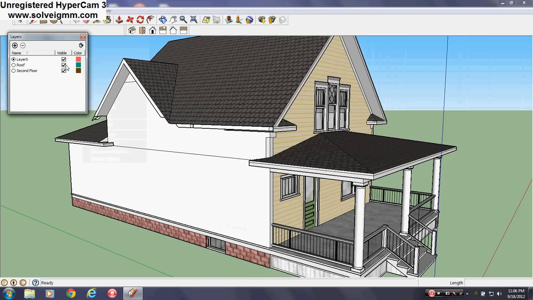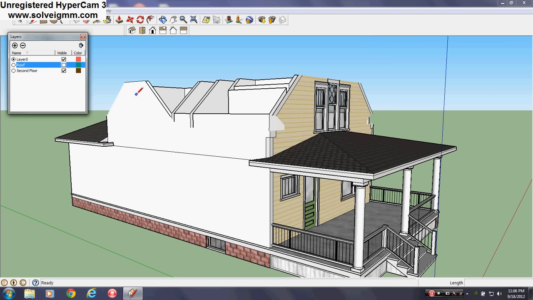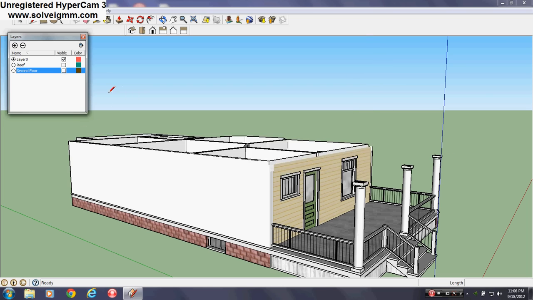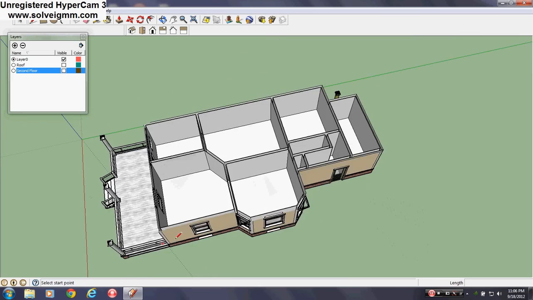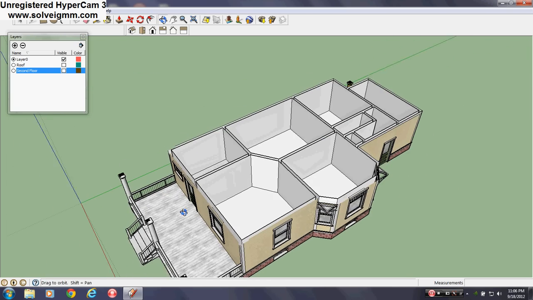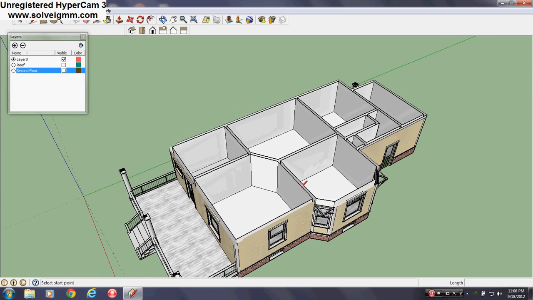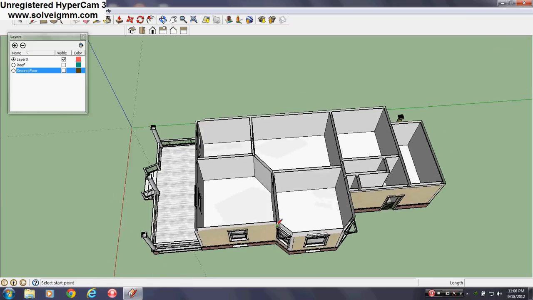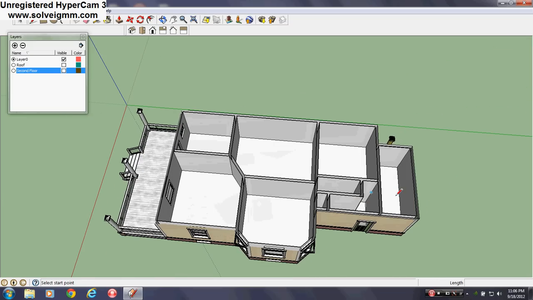Alright, so I usually use layers so that I can keep track of where I am. As you can see, that took the roof off in here. As you can see, a basic room layout has been made. And even though most houses today don't really have this kind of layout,